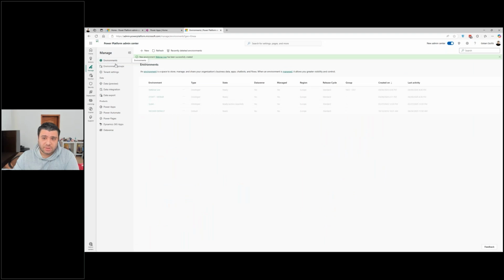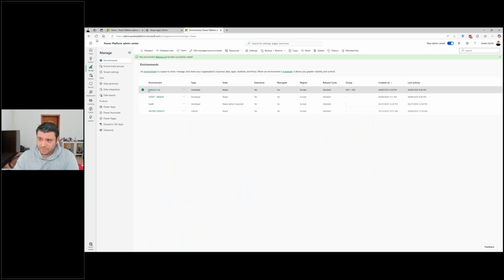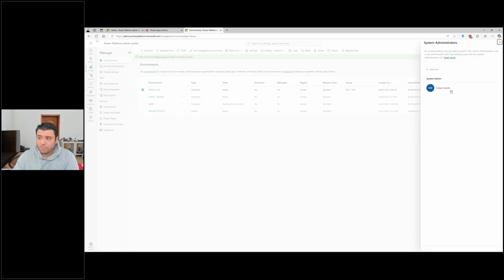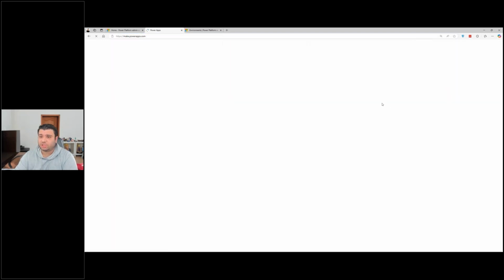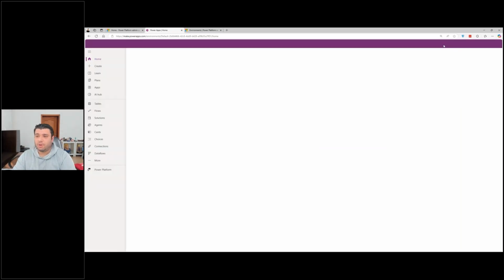I'll come back to my environment from here. I have my live. I'll go for membership. Normally, the creator of the environment is automatically added as a sysadmin. Now, if I go to my make.powerapps.com environment, do a small refresh just here, and hopefully within a couple of seconds this is going to load. You will see my environment in the right pane above, and I can just switch to that.